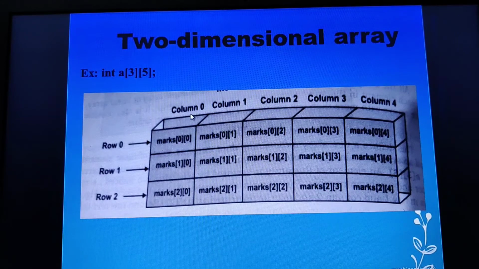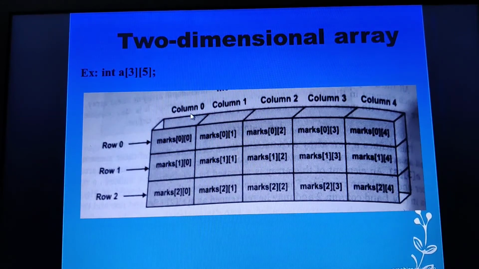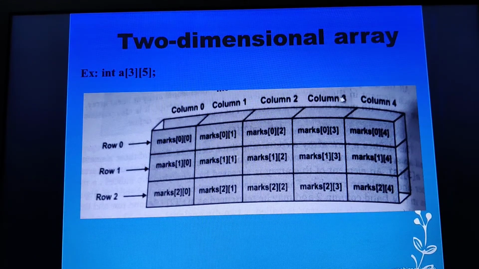And always remember the processing would take place like this: first all the rows will be processed. The first row will be processed according to the columns, then the second row will be processed according to the columns, and the third row according to the columns.